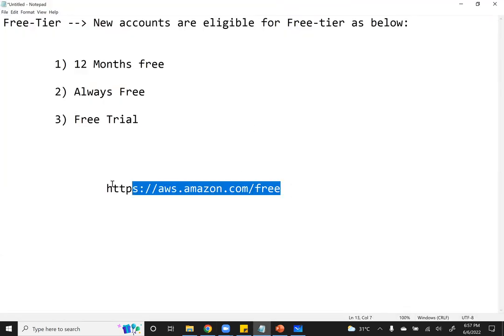This is the URL at which you can get the free tier account details. Just for randomness, I will take a few services and give you the limitations. If I say the storage is eligible for free tier, that doesn't mean you can store thousands of GB of data, because the free tier account is intended for practice purposes, right? So for practice, they have put some limits, like you have to store only a maximum of 5